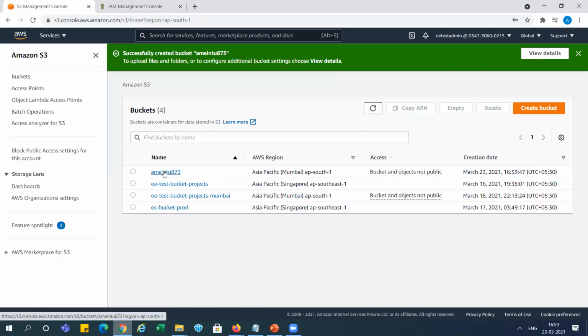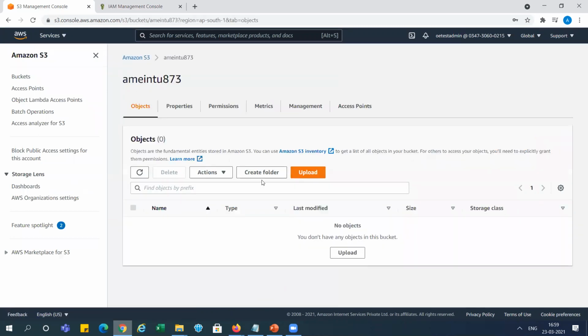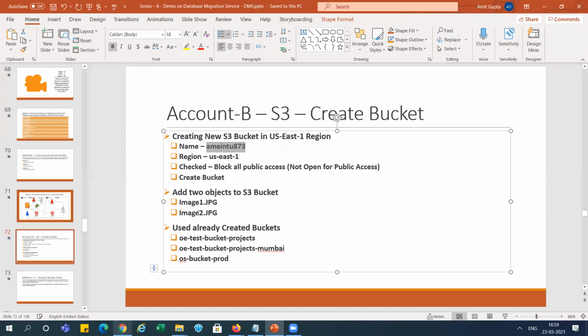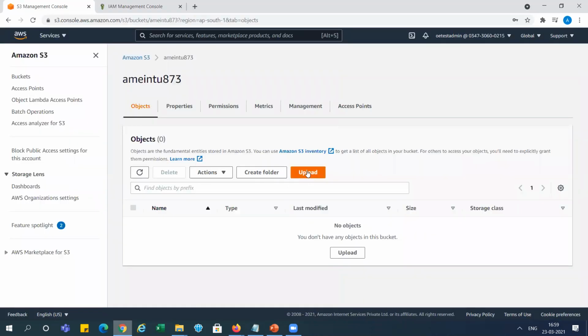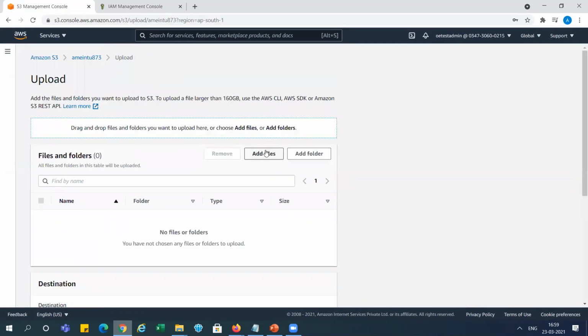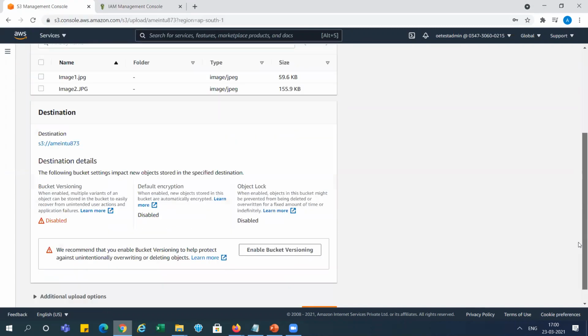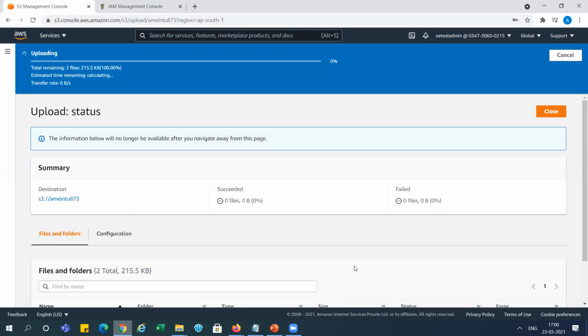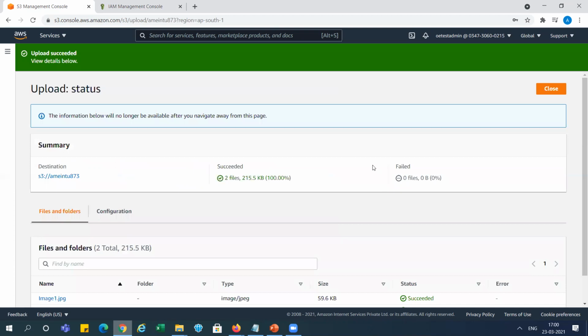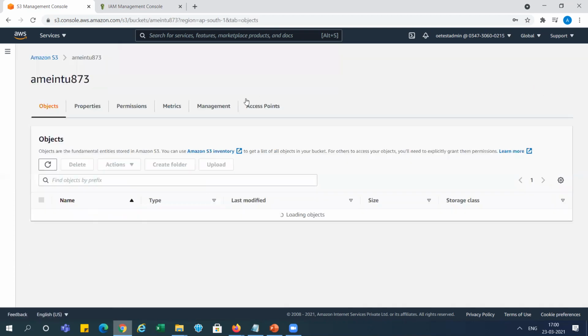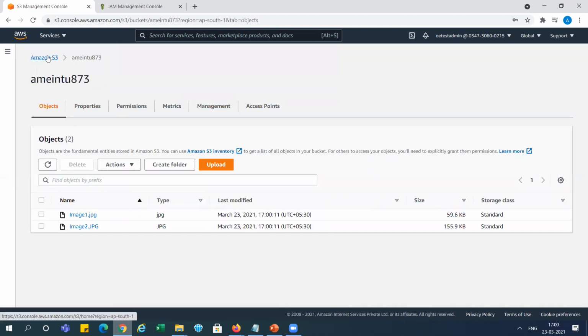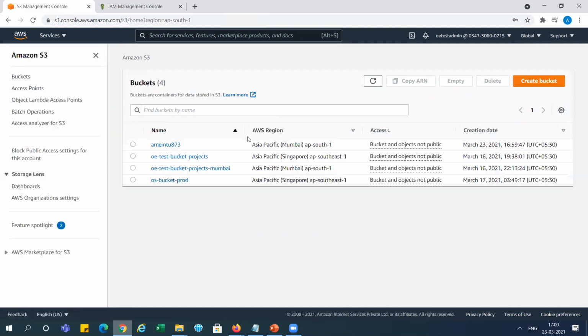After creating the bucket, I'm going to add some objects there, image 1 and image 2. I am clicking add file, selecting image1 and image2, opening and uploading them. Now you can see we have uploaded the two documents successfully. We have done those things.